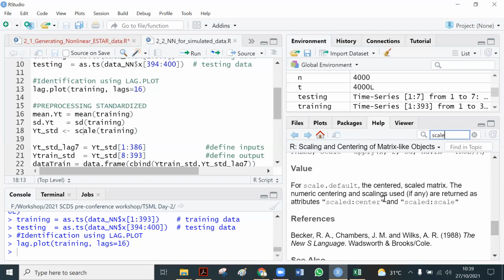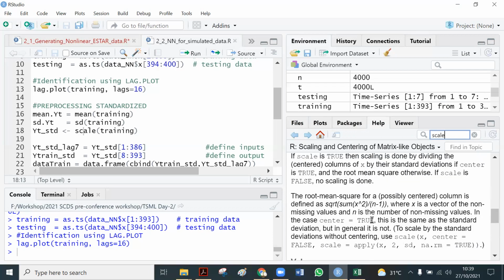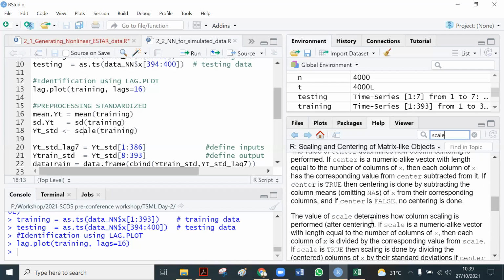So scale can be the data minus the minimum value over the maximum value minus the minimum value. This is like 0, 1 scaling.